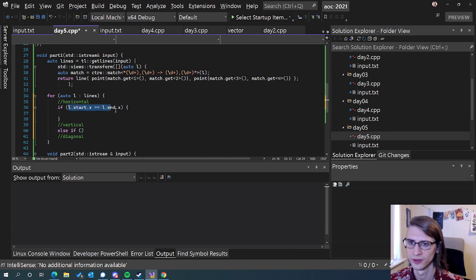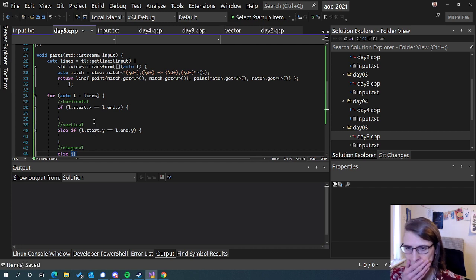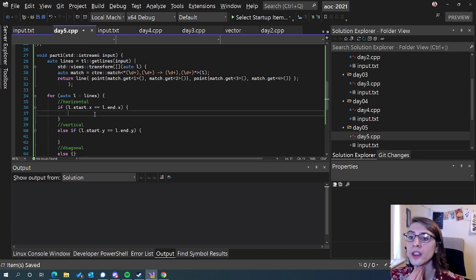Otherwise, if start.y equals end.y, whoops, then it's a vertical line, and otherwise it's going to be a diagonal line, and we're going to do nothing for now. Okay, so if it's a horizontal line, then we're going to loop for auto,